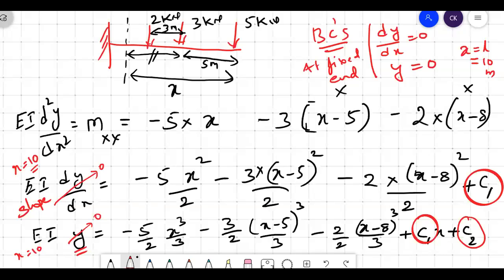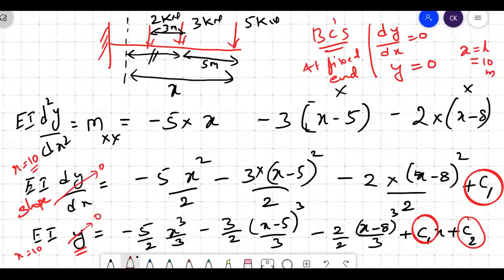Again we need to write the equations. After finding C1 and C2, we need to write the equations again. So after writing them again,